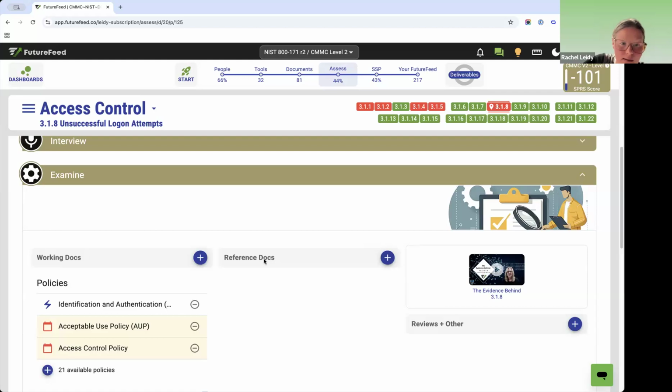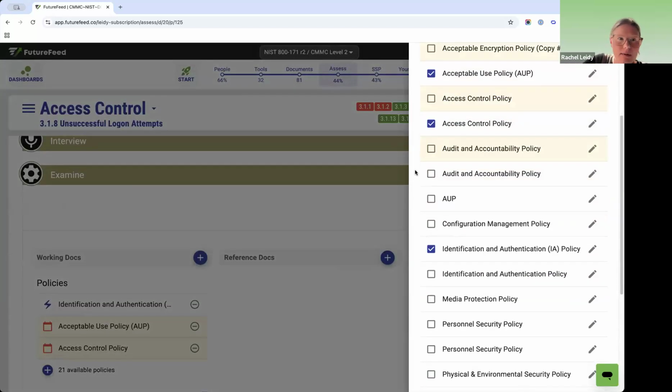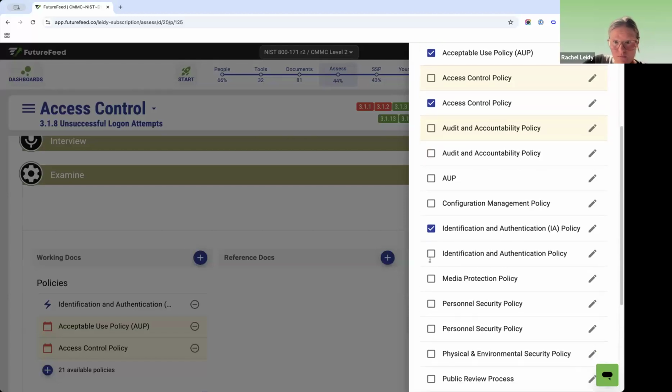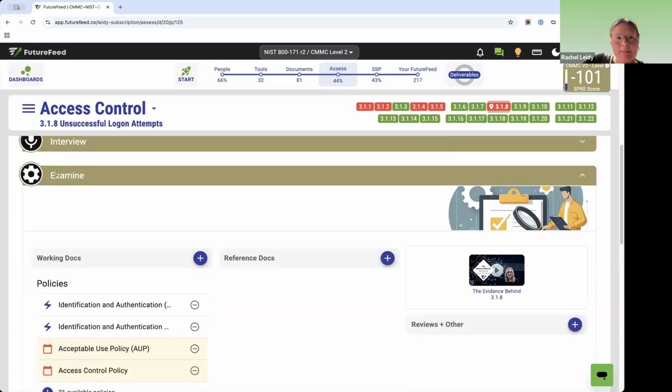So if I'm missing something here and I need to make that connection, I'll hit add and I'll go find it. Okay, maybe let's say we should connect that, right? So under this examine area,